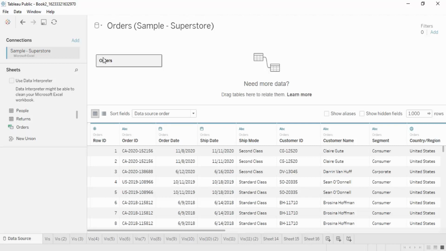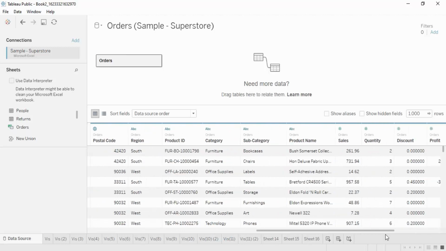Okay, so the two tables I'm going to take are the orders table and the returns table. These both are part of the sample superstore database, which is provided as a sample in Tableau itself. No matter which Tableau you are using, either Tableau Desktop or Tableau Public, you will get the sample dataset for yourself. All you need to do is go to the documents in the Tableau repository and you would be able to work with it. Once you have got it, you can just get the orders table over here, or whatever table you drag over here, and you would be able to see a glimpse of it like this. This is my orders table.